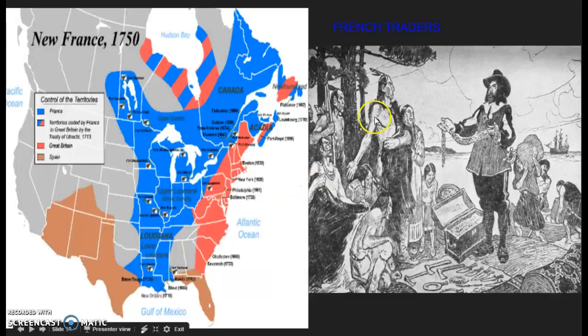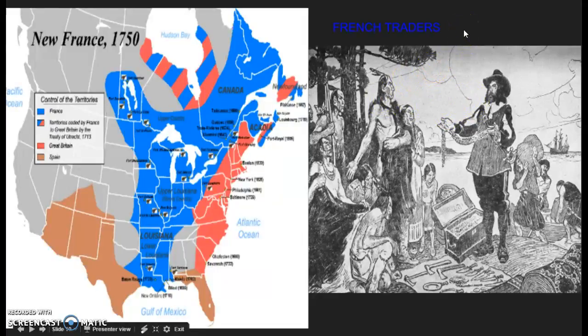So you see in this, in contrast to what I showed you before with the Spanish, the French are dressed in plain clothes. You don't see the armor necessarily that you saw in the picture of Columbus's landing. They're coming in canoes. There's a larger ship here, but they're coming in smaller numbers with trade goods. And you see the Indians, rather than depicted as savage and naked and giving them their valuables, you see a negotiation, more of an equal sort of relationship here.